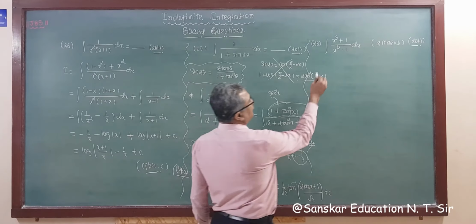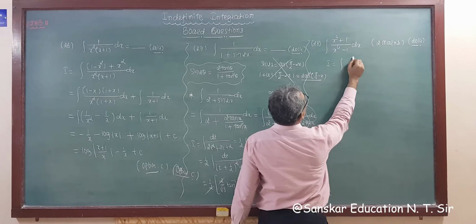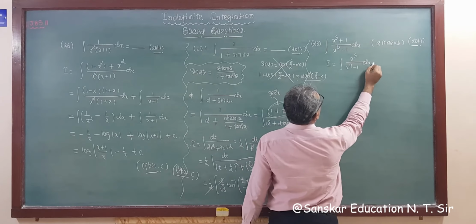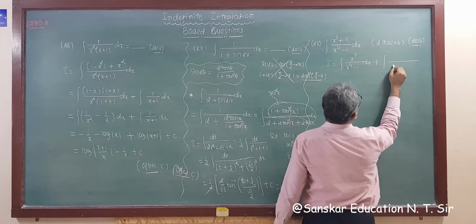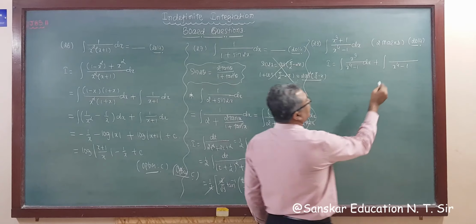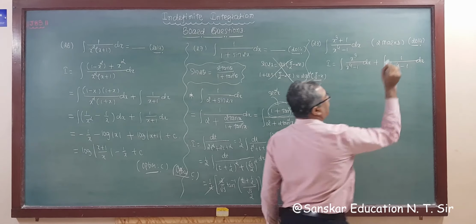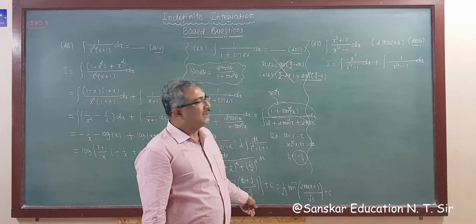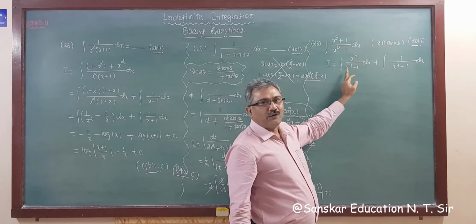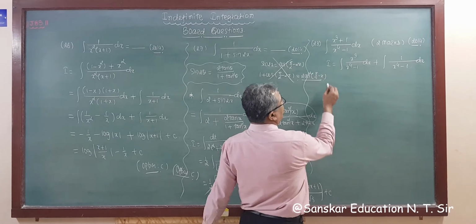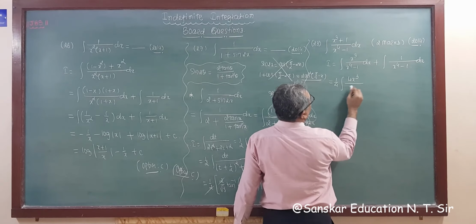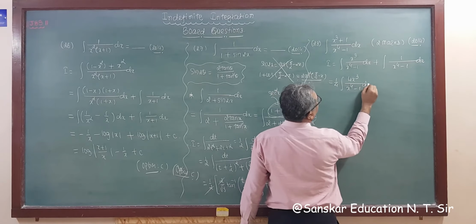So bifurcating this, what do we get? I is equal to integration x cube upon x raised to 4 minus 1 dx plus integration 1 upon x raised to 4 minus 1. Right? This is your next step. Now, this is x cube. Derivative of the denominator is in the numerator. So what is required? 4x cube is the derivative, so 4 is required. So divide and multiply by 4. We get 1 upon 4, and this is 4x cube upon x raised to 4 minus 1 dx.